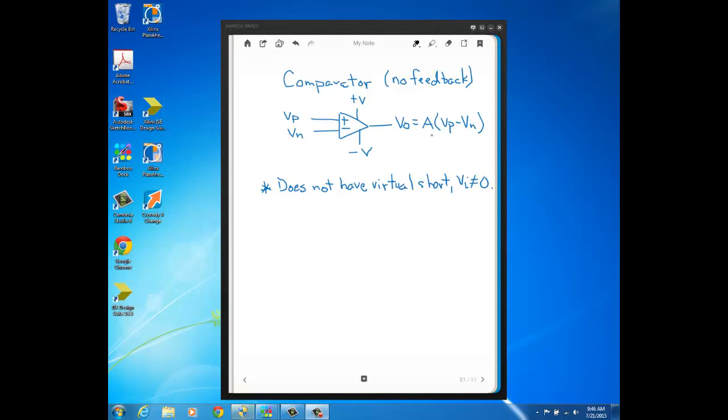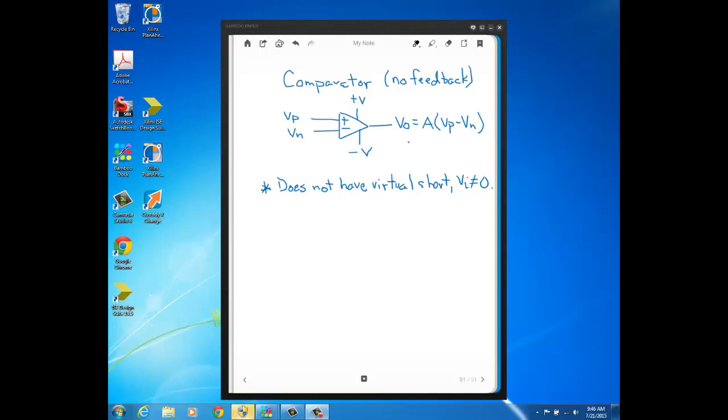output of the op-amp is just the open loop gain times the difference of the voltage that's on your input. So just the difference of the voltage on the non-inverting input that I have labeled VP and the voltage on the inverting input that I have labeled VN. Remember, this plus V and minus V, these are just the power sources that are powering the transistor circuitry that's